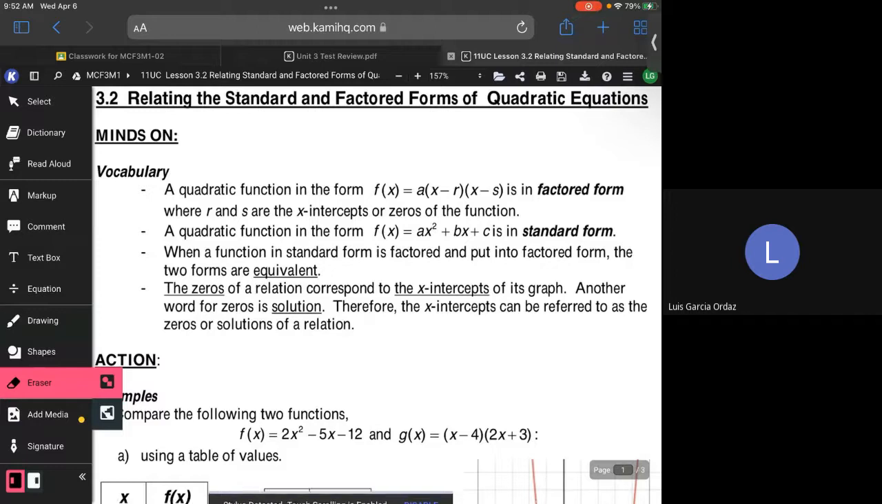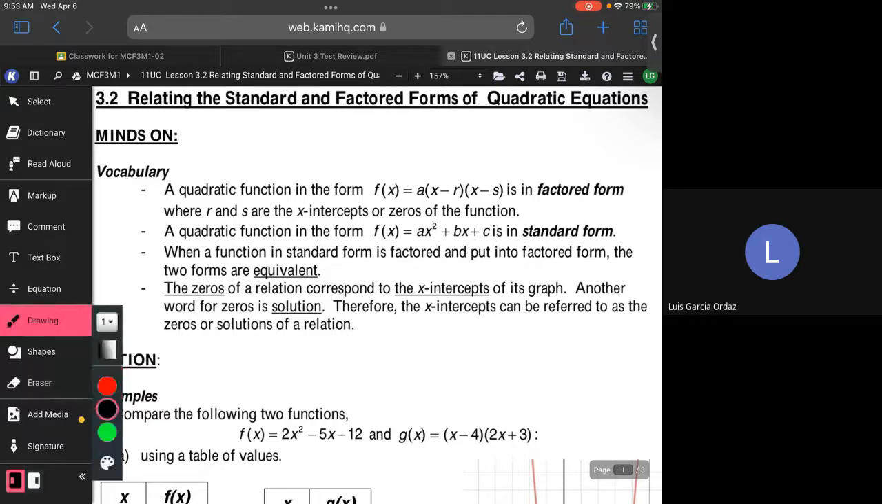So we're going to be talking about equations in standard and factored form. When we have a quadratic function in factored form, we have f of x equal to a times x minus r and x minus s. So whenever you guys did something like this,